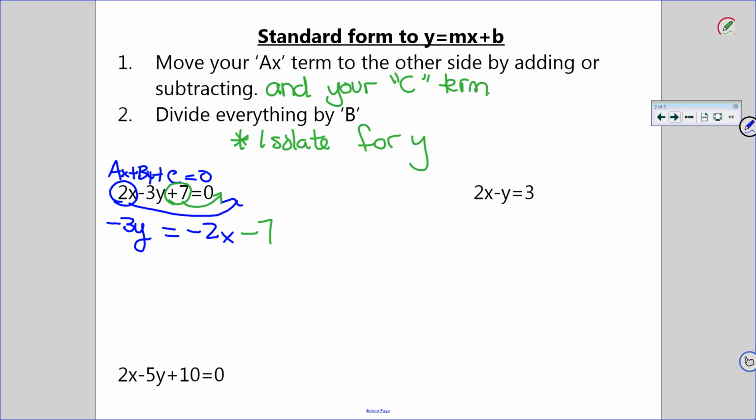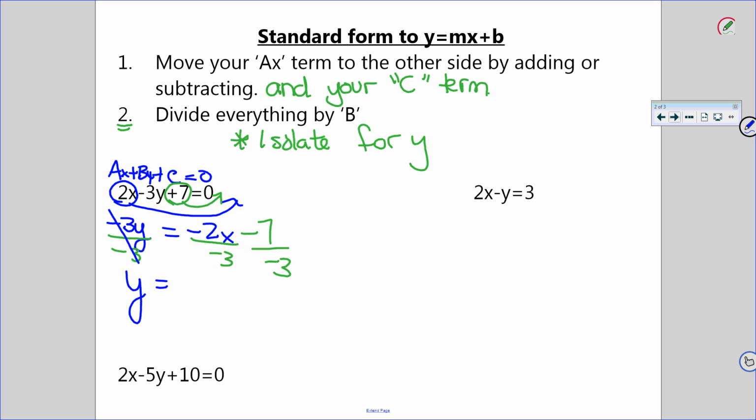So here, as my next step, I'm going to divide, so now I'm on step 2, divide everything by b. So what's my b term here? -3. So I'm going to divide by -3, divide by -3, divide by -3. Okay, what happens when I divide everything by -3? Well, these -3s, we know from our solving equations unit, they cancel out. So I'm left with y equals